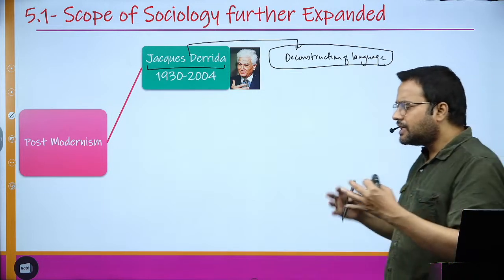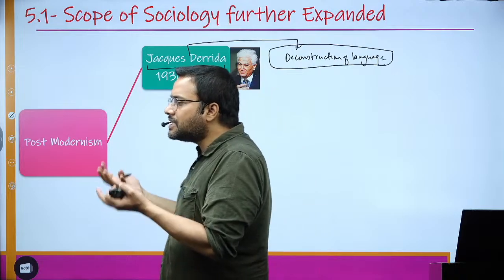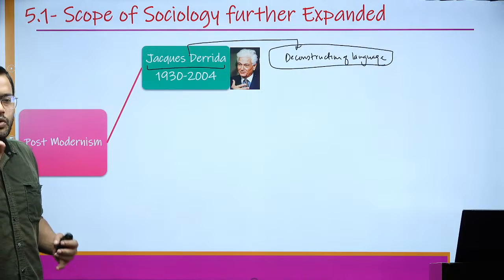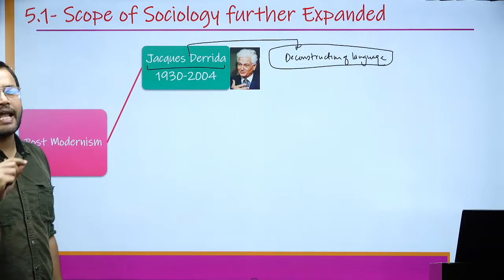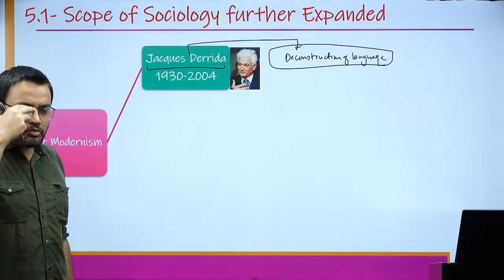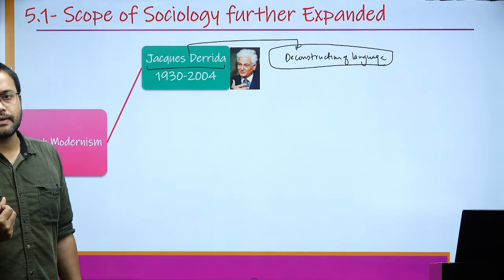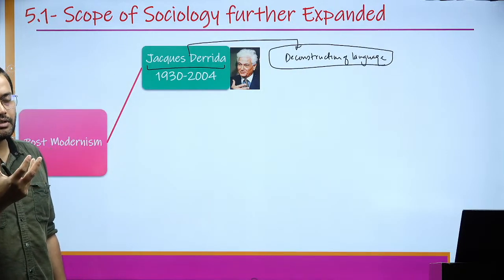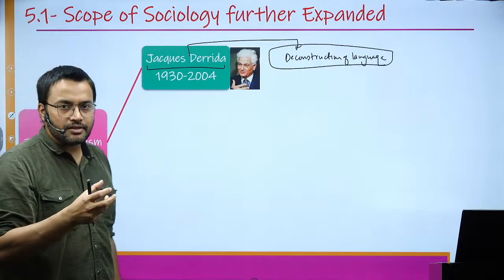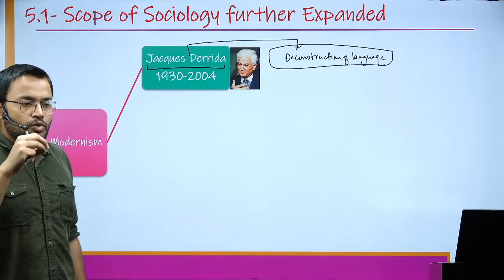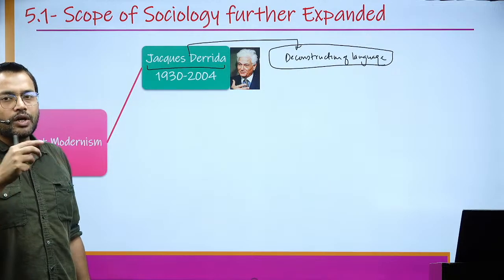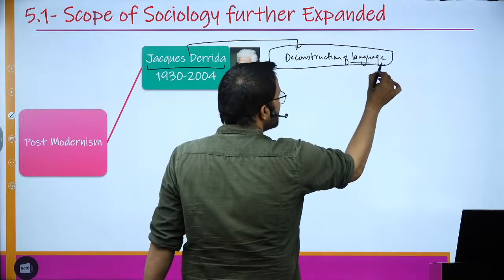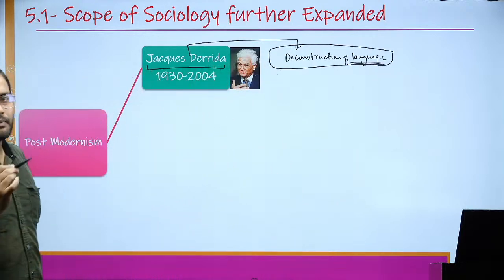So that is why we say, today's people, the kind of language that they are using, it is dual meaning words that they are using. So first, to understand the reality, you need to decode the language. Once you decode the language, then you will be able to make a holistic understanding of the situation. Like whatever a friend is saying, maybe he might be using a word which is manipulative in nature. So you might get duped. So to understand the total reality, you need to decode what he or she is trying to convey to you. Okay, so that is why you need to focus upon decoding the language, because society has become so much complex today.